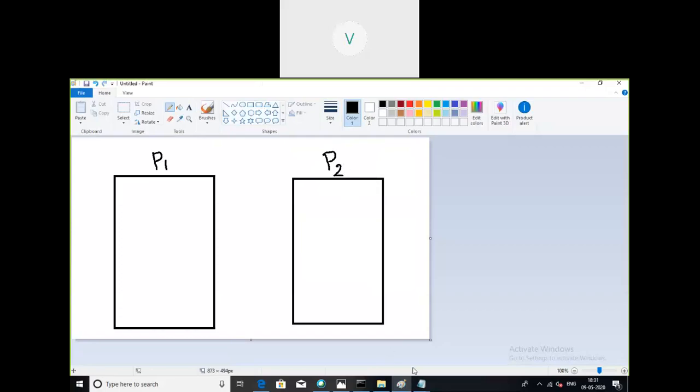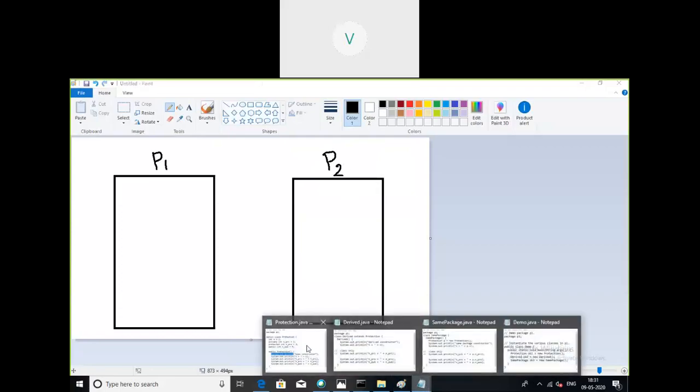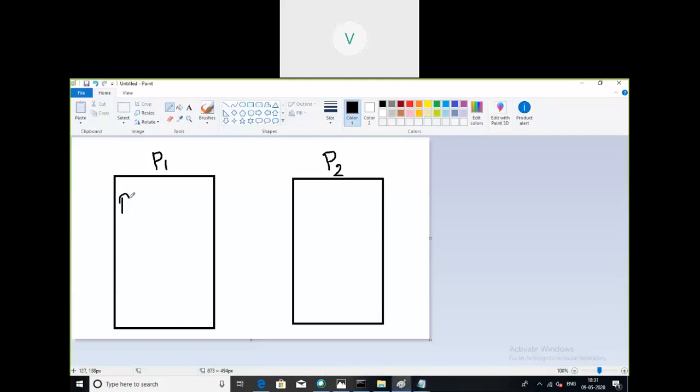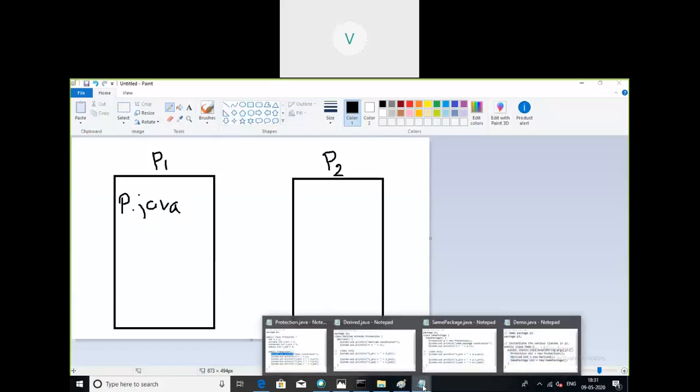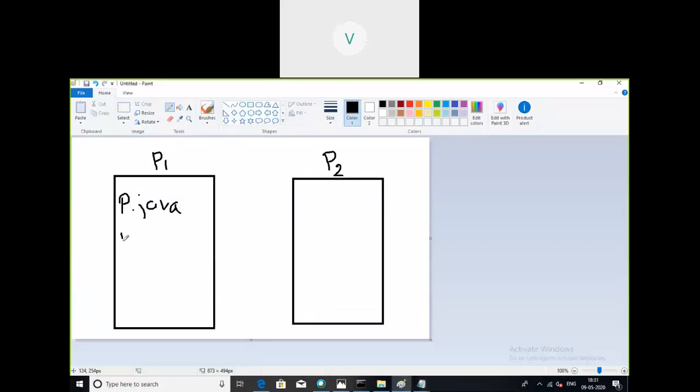Right. What are the source files present in package P1? Protection.java, derived.java, same package.java, and demo.java. So those are the four source files. Protection.java. I'm not writing complete things, you can understand.